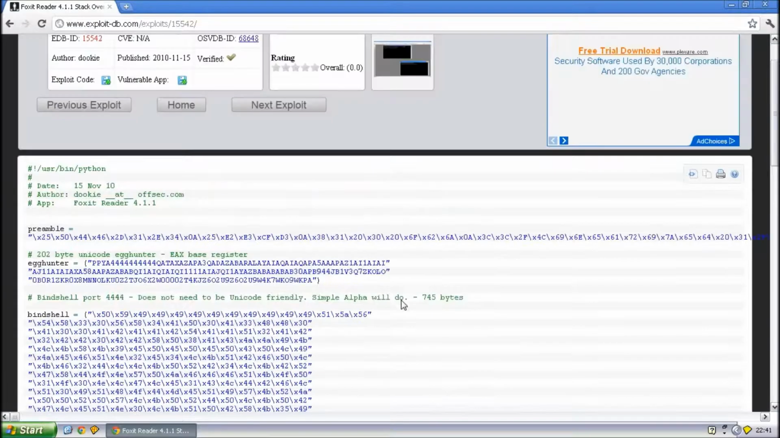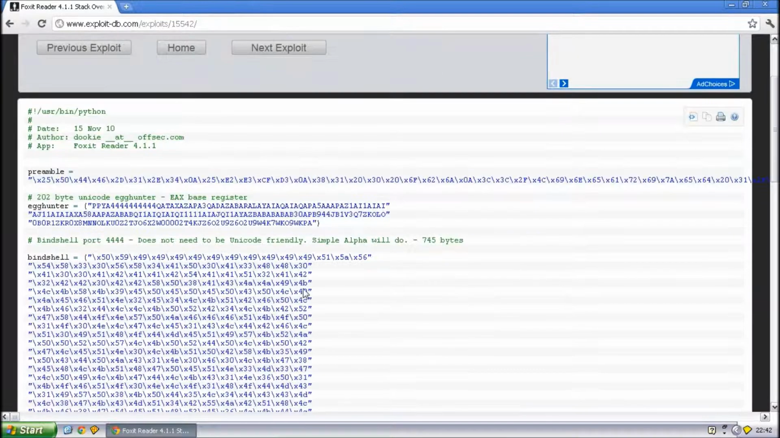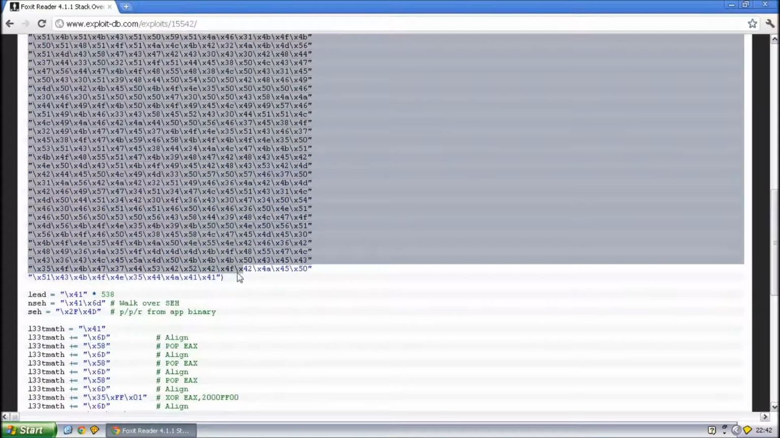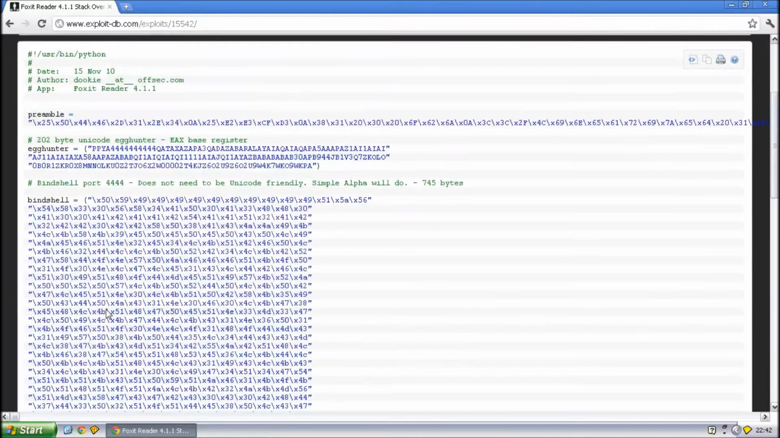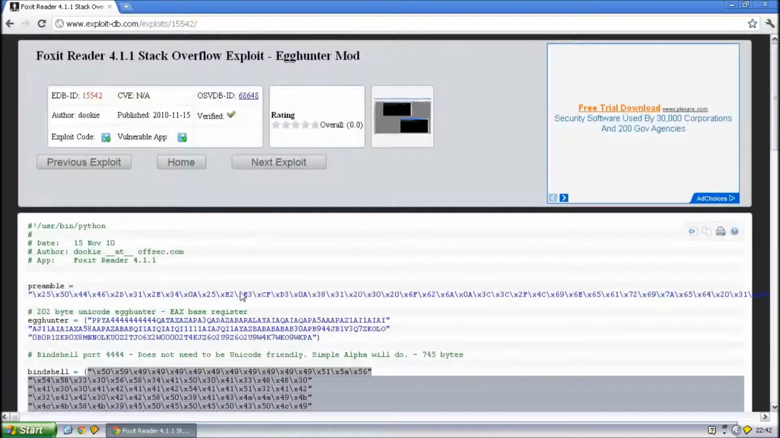not so interesting. And this particular exploit is setting up a bind shell which can be accessed through a telnet client like PuTTY or telnet on port 4444. This is the shellcode for this. Just for you to know, this is the main part of the exploit, which is setting up the bind shell that enables remote access to